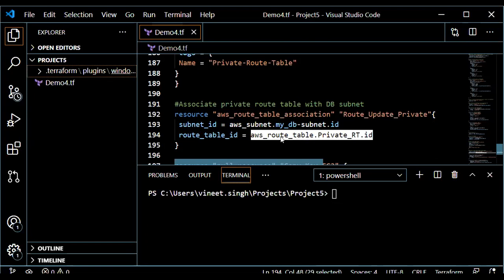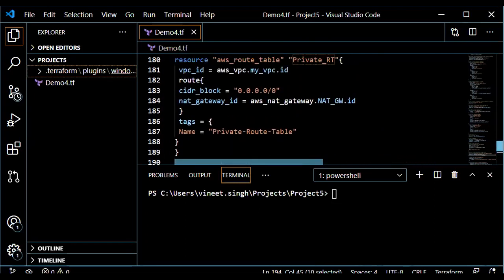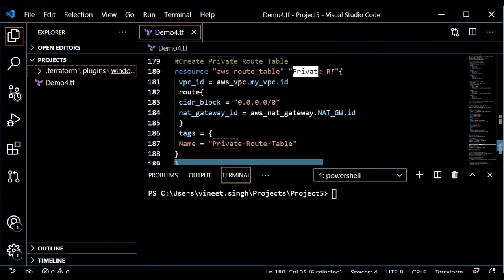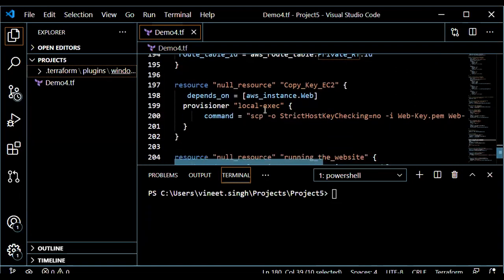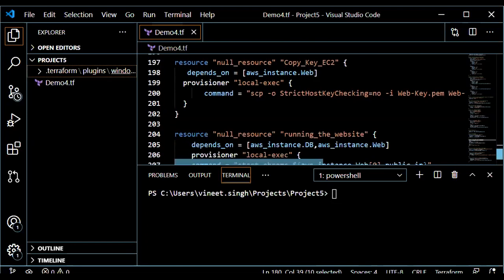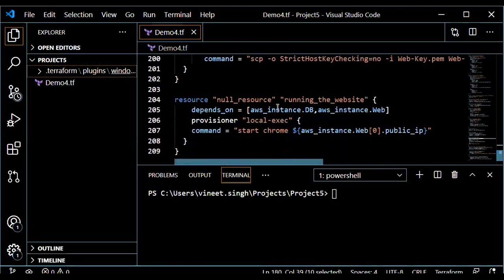So this is the type, then the name, private_RT is the name which we have used here, private_RT, and dot ID. And at the end, this is just for copying the key for me to be able to log into the DB instance, and then launching for testing the website.